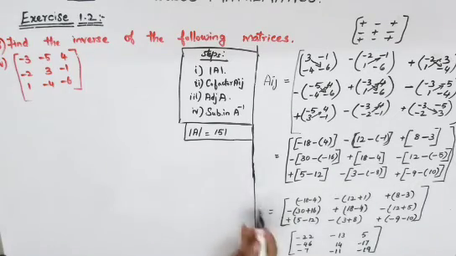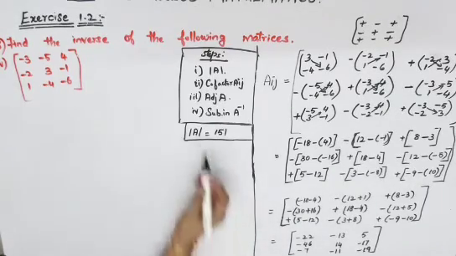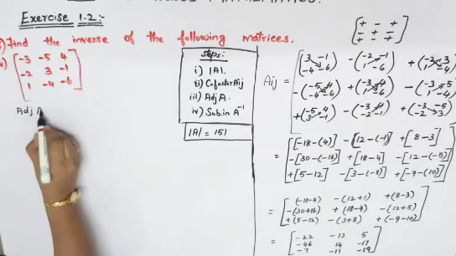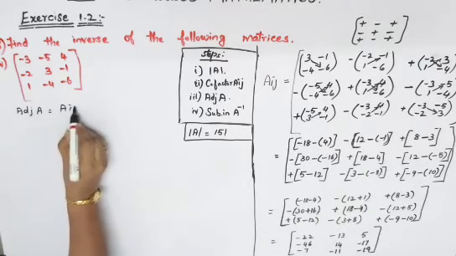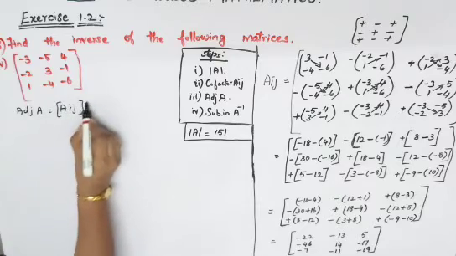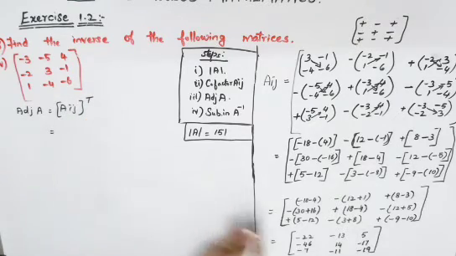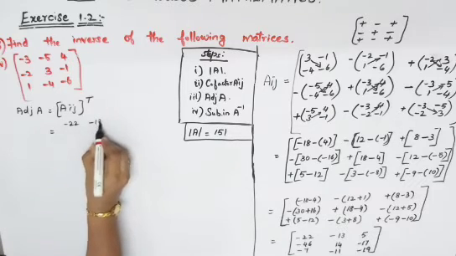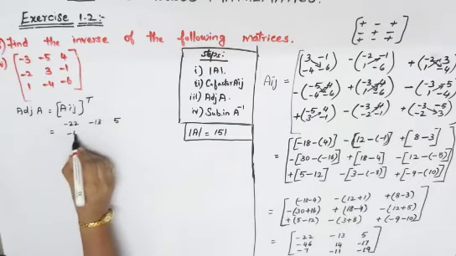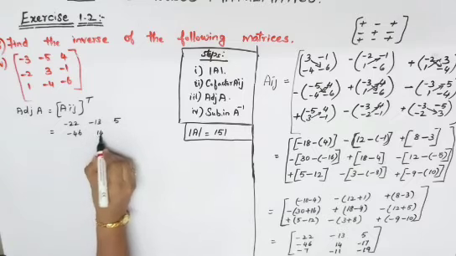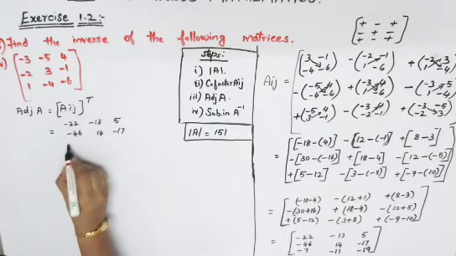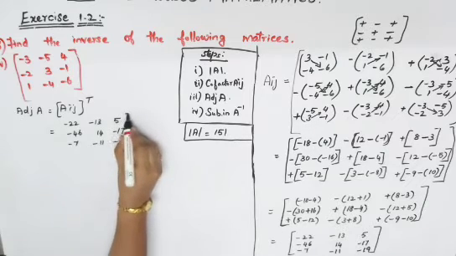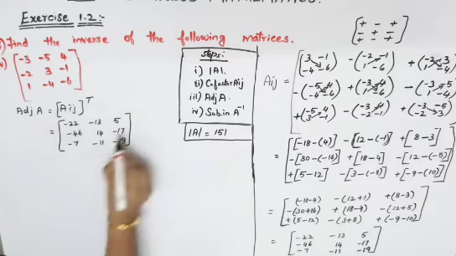So Aij is over. Now you will have to find adjoint of A. So adjoint of A is Aij transpose. So Aij we have got it here, that answer, that is minus 22, minus 13, 5, minus 46, 14, minus 17, minus 7, minus 11, minus 19. For that you will have to find the transpose.